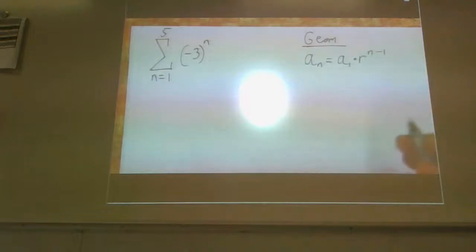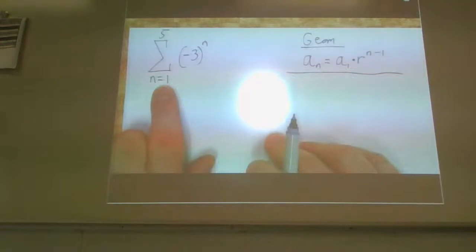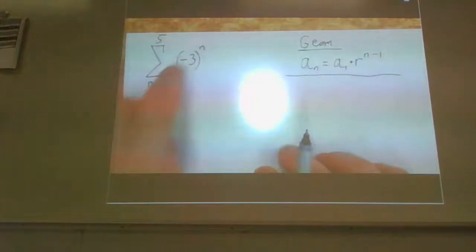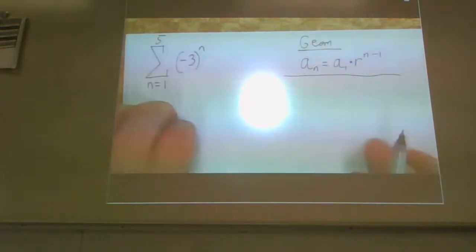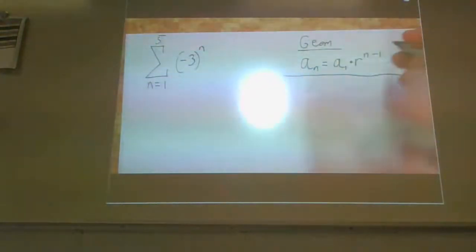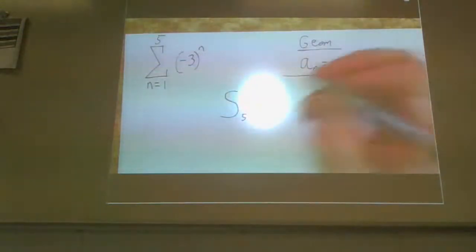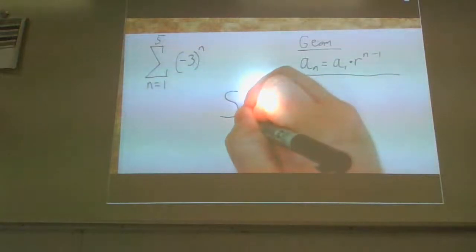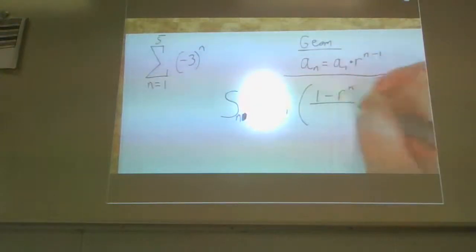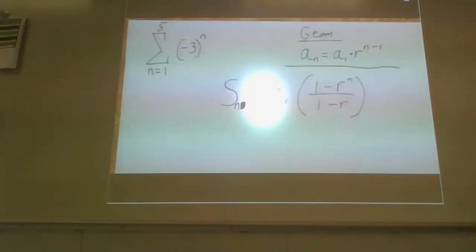All you would have to identify for finding the sum, I mean, if you wanted to, you could literally find the 5 terms in this series, write them out, and add them up. Be like, okay, plug in a 1, plug in a 2, plug in a 3, plug in a 4, plug in a 5, and you get 5 different numbers that you would have to find the sum of. Or you could utilize this particular formula, which is what I gave you the other day. Either way, it does get you the correct answer. You would just have to identify the proper numbers.